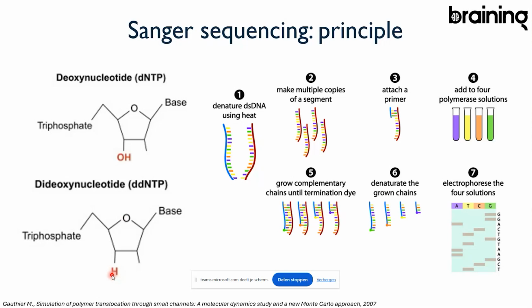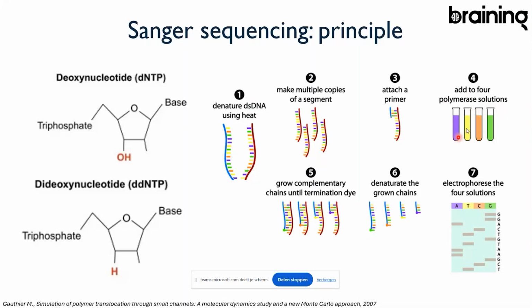That's why Sanger sequencing is also called chain termination polymerase chain reaction, chain termination PCR. And so if you have, let's say, 4 different tubes, all with a different ddNTP, so let's say purple is a ddNTP variation of adenosine, yellow will be thymidine, cytosine, and guanidine. And that means that you can finish your reaction depending on the base here.